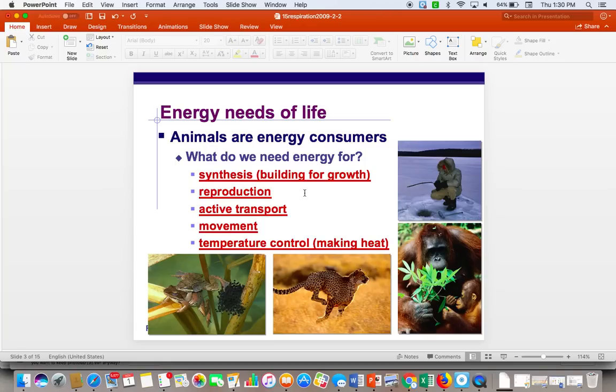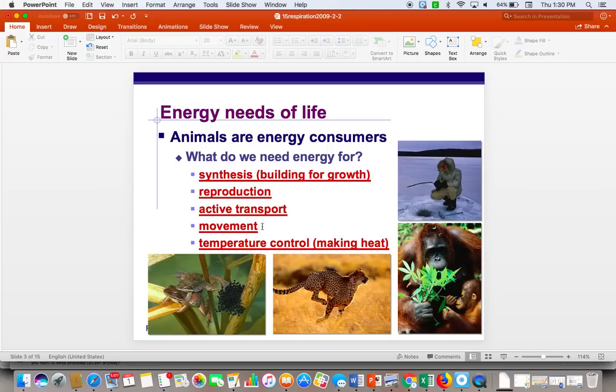But reproduction, remember, is a characteristic of life, and it's very important for us to recognize that we have to have energy for that, and for active transport, and for synthesis, which is building and growth. So this is why many of you are very hungry all the time if you're still in a very active growth phase of your life. So you're needing more food and consequently more energy, which affects your mom's grocery bill, but it's all for a good cause. You can assure her of that.